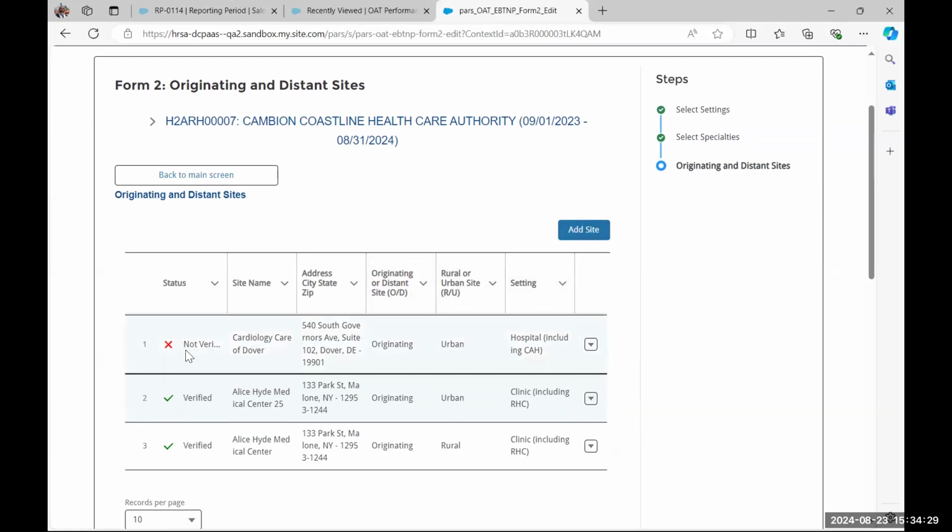You can also see that the sites are listed here. And one of the sites has a red X, 2 of them have a check mark. The check mark means that this site has been verified. The red X means it has not been verified. If you have a site that is not verified, you can go in and edit the site to verify it. Let me go ahead and click on this down arrow in the row for the site. You have the option to view, edit, or delete this particular site. I'm going to click on